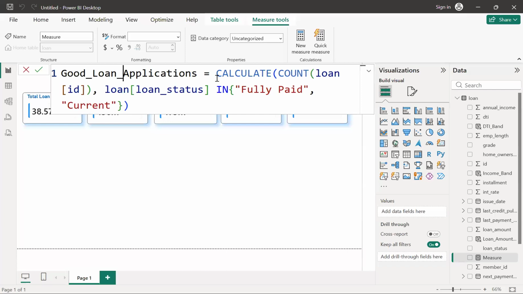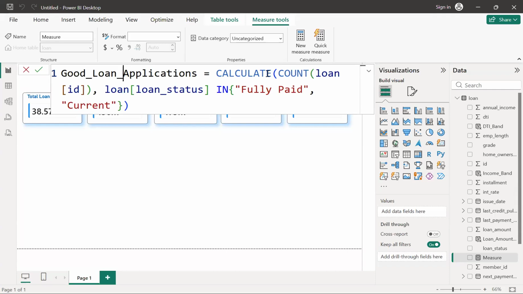Okay, so you can see, guys, that what we have done, we use this calculate function. Now we know that the calculate function is actually used to filter out the relevant information. Out of that total 38.5 thousand values, we want to calculate how many such values we have where the customer has fully paid the amount. That is what we have done over here, and that data we have taken inside a good loan